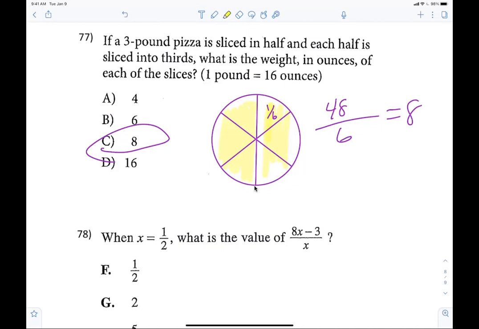Yes, ma'am, how did you get 48? Because 1 pound is equal to what? 16 ounces. Do you agree with that? And I have how many pounds? 3 pounds? So I have 3 16 ounces. That makes sense now, right? Yes, sir. I use decimals instead of fractions. It doesn't matter to me, but I will assure you in the long run, fractions are much easier. Anybody else have any questions with that? All right, next.